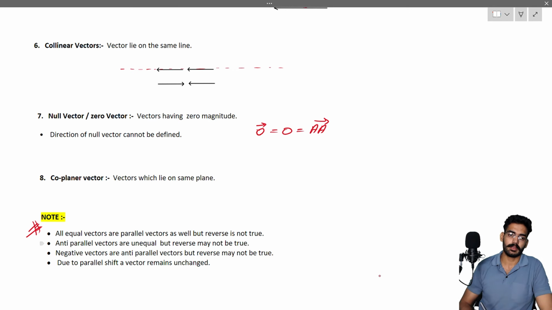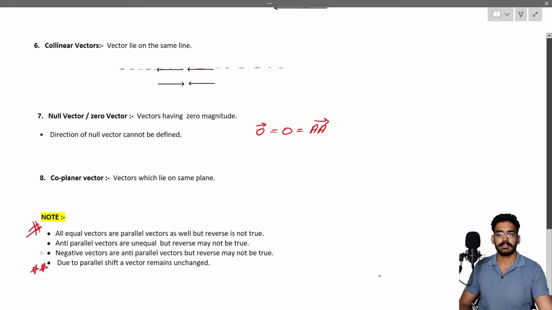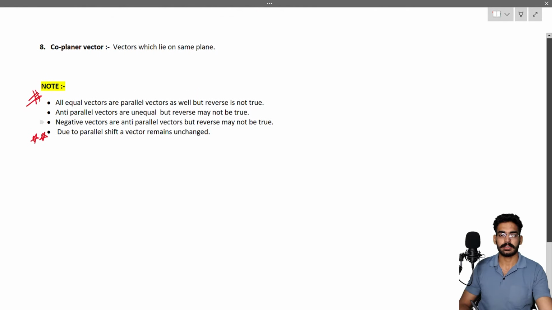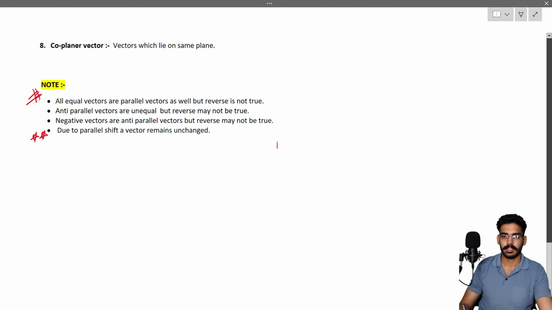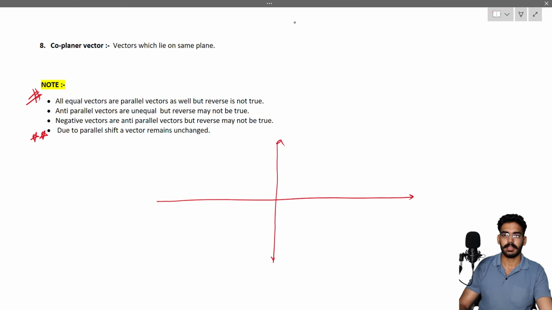This is very, very important property. Okay, what this property is saying, let's explain this. Let's understand this thing. If I have two axes, let's say like this, xy axis, and I have a vector here, let's say this much magnitude, and it is making angle theta with positive x-axis. So what I can do is I can parallelly shift this vector,